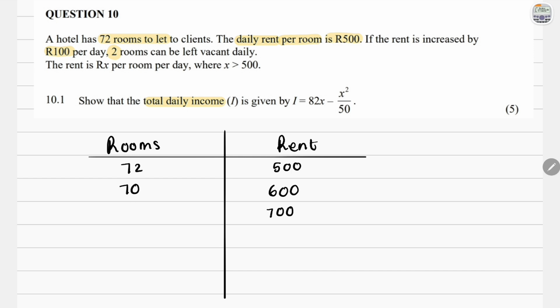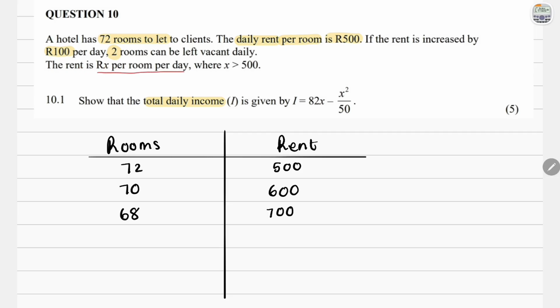And how many rooms will be rented out? 2 rooms extra will be left vacant, so there will be 68 rooms. And this pattern will just keep going. And of course, this will be until there are no more rooms to rent, seeing that 2 rooms keep being vacant. Now, they gave us another piece of information that should assist us here, and it's that the rent is